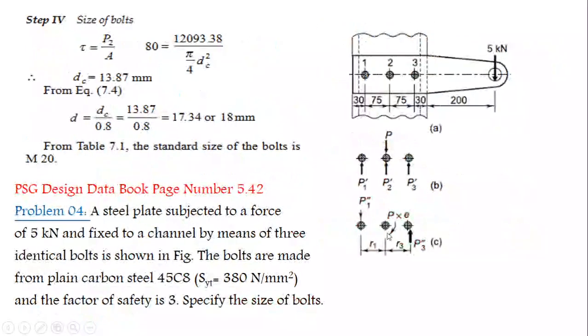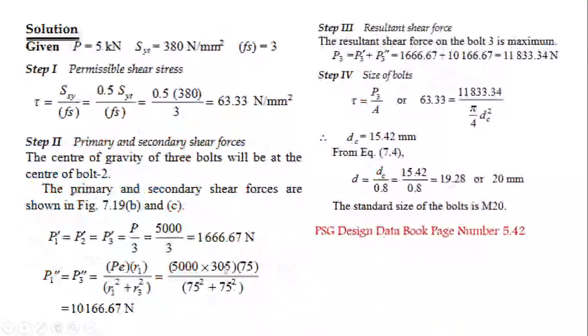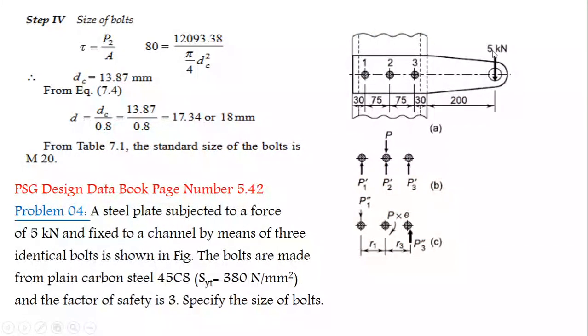At bolt 2 you get the moment only; P1 and P3 get the shear forces. So P1 double dash and P3 double dash equal P into e, the load into the center of gravity distance, into the radius from bolts 1 and 3,